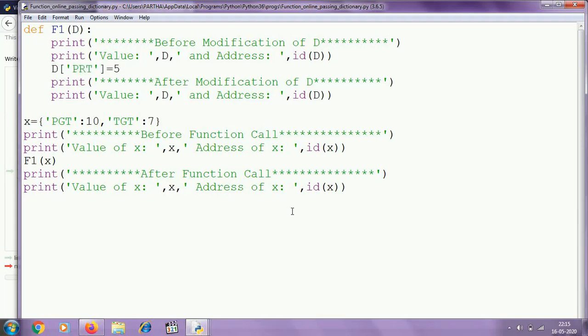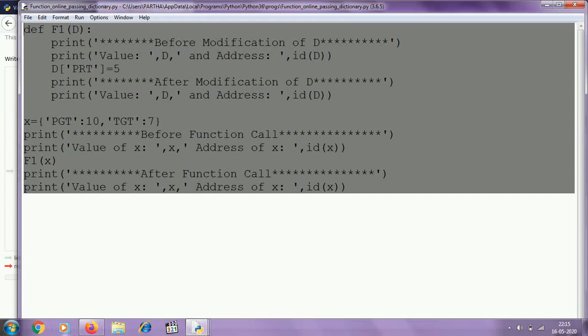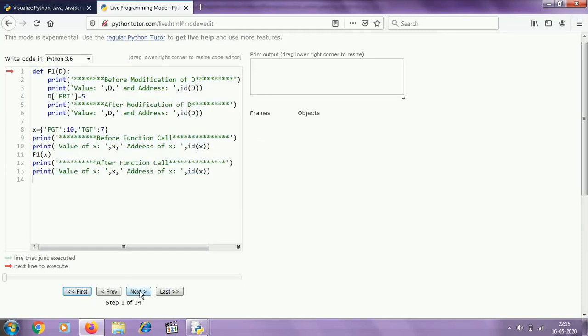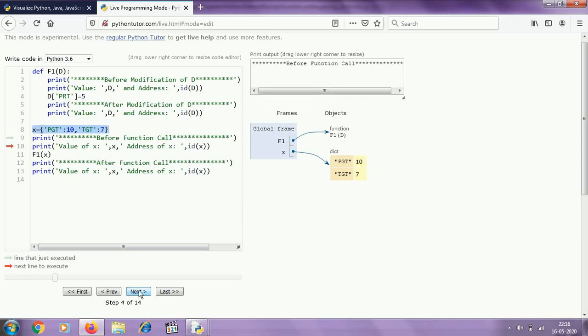So let's check what will happen. After execution of this statement, execution will go here and a dictionary will be created with these elements pgt10, tgt7 and x is pointing to the dictionary. Now we are going to print the value of x as well as memory address.